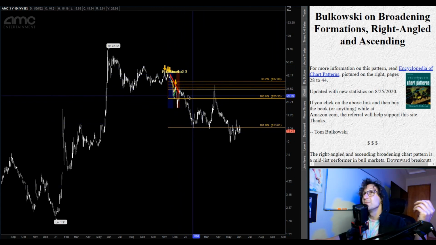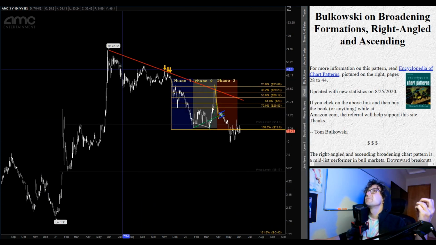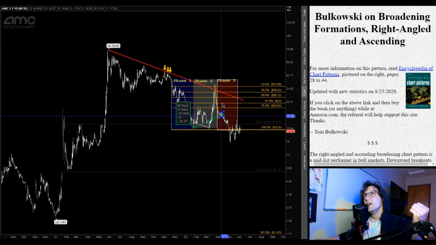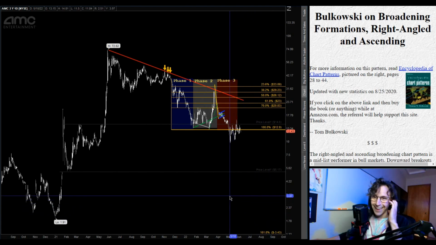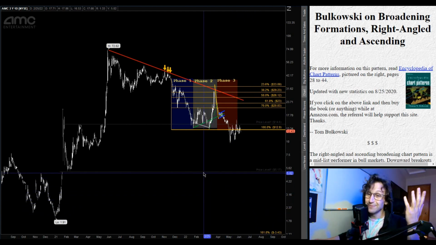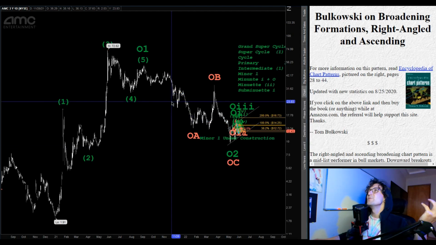First it's this little blob, then it becomes this whole blob, and then it could be even bigger. Let's see here. Do I have it? Doesn't look like I have it. But the idea is that this is all 1, 2, and now 3 is going to be like the floor. But that doesn't make as much sense to me anymore because of the Elliott wave analysis. Basically I've just been watching these measured moves down, and I think they're done.